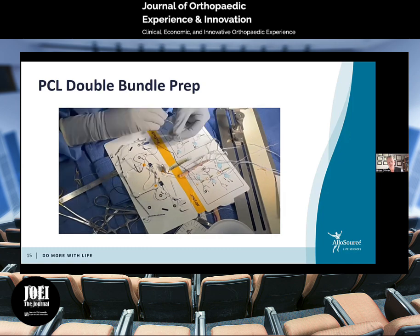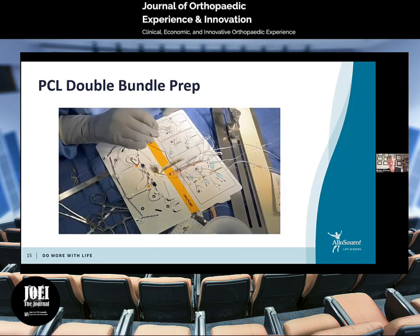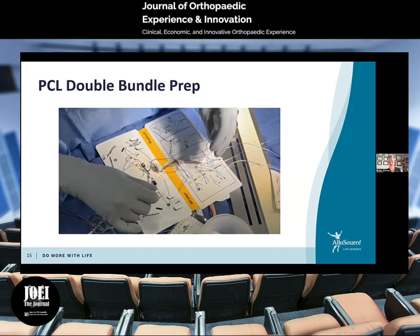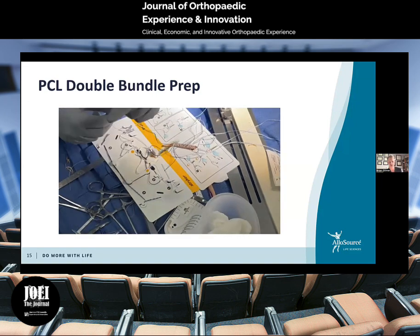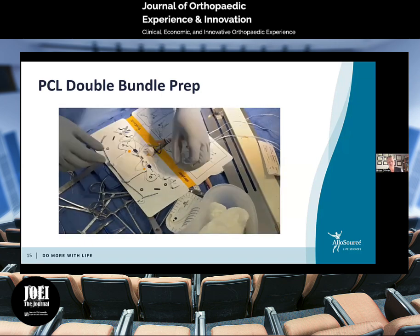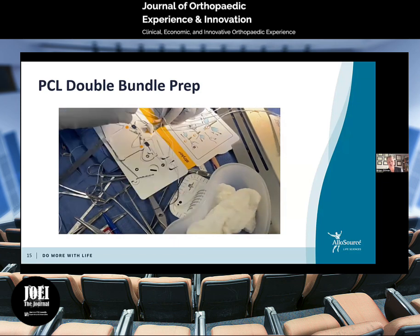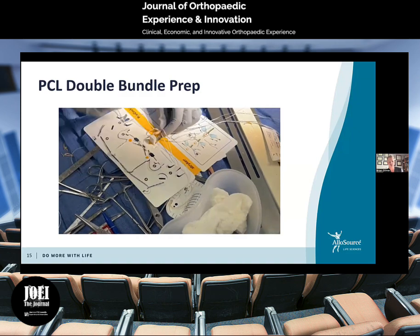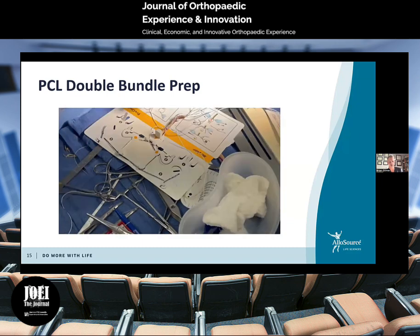There's a very nice mechanism for this where we take a single suture, pass it across one direction. This is an open button system. The suture gets passed across. We put one tail into the suture, shuttle it across the graft. Then we use that same passing suture to shuttle the other suture the other direction. So now both white tails have come through, and they will move through this pulley system and convert in the button. So as they're shortened, you'll see them pulling up against the graft card here,